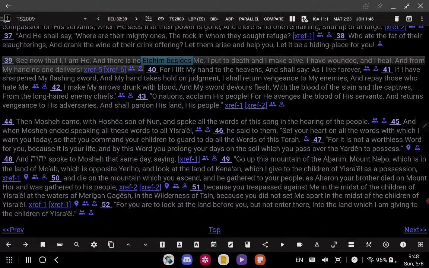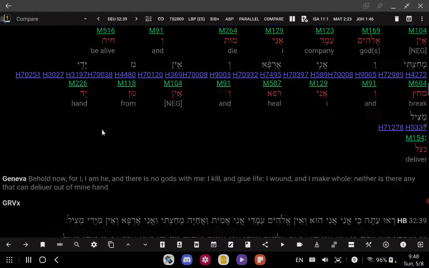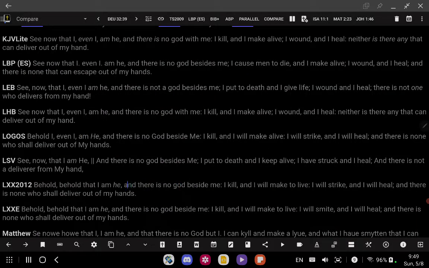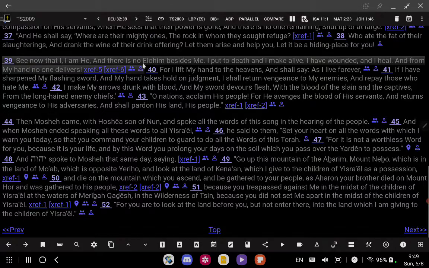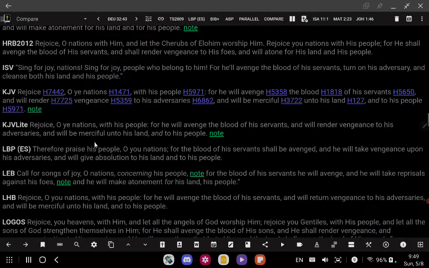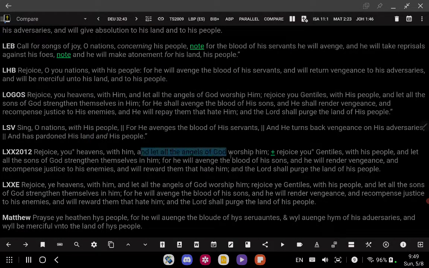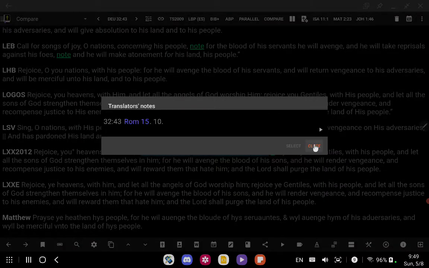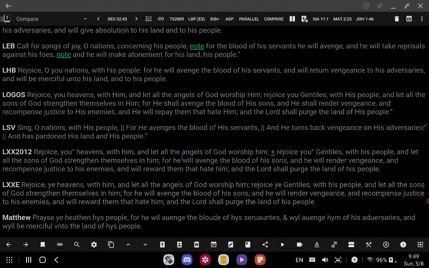Okay, so it's interesting here that we were looking at it. Let's go back down here. Oh, did I miss the verse? Where's it at? O nations. Yeah, and let all the angels of God worship him. Okay. So, Messiah, if he's a man, I don't believe the angels of God would be worshiping him. That's my opinion. But still, regardless of what you believe in that,